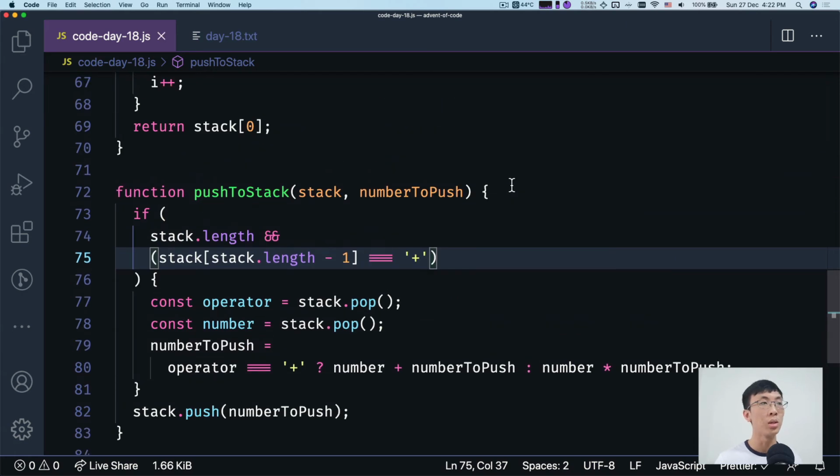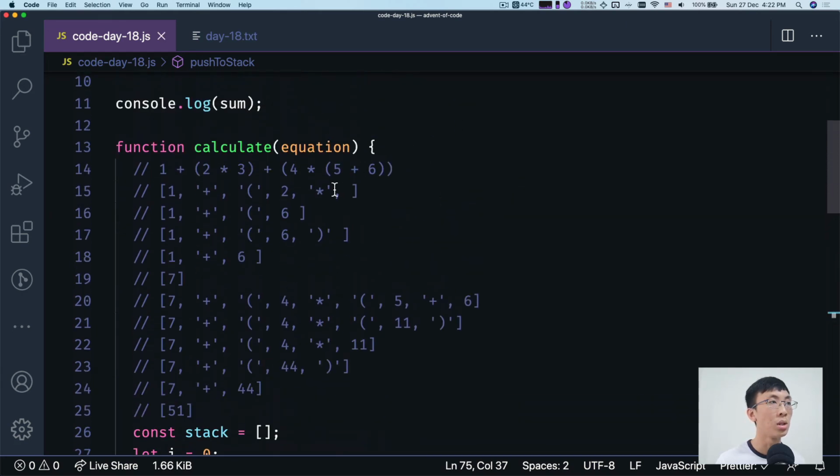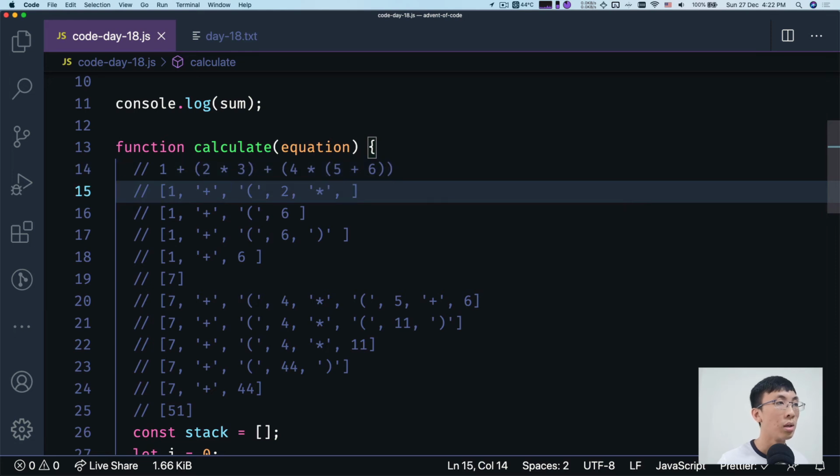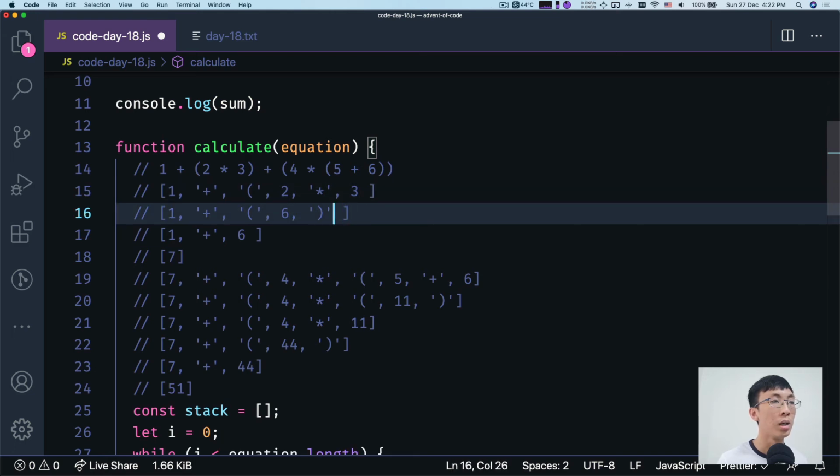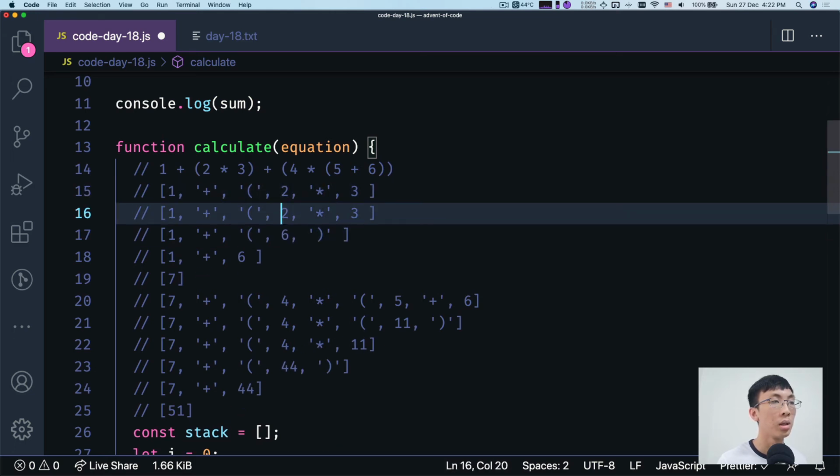Right, so right before we push this number, okay, so let's see. So when we want to push 3, we'll push it because it's not a plus, right? And then only when we are encountering a closing bracket,